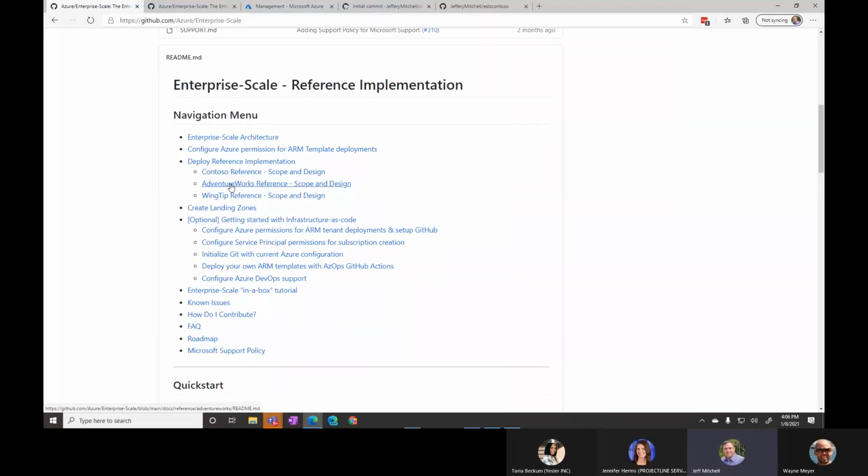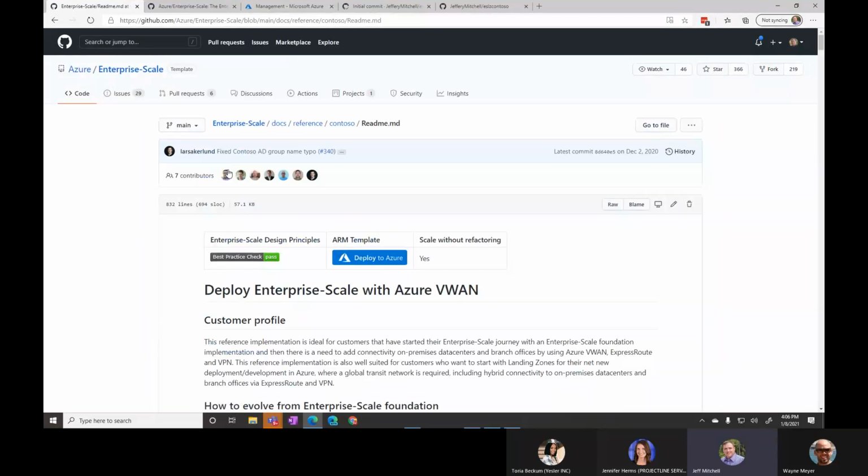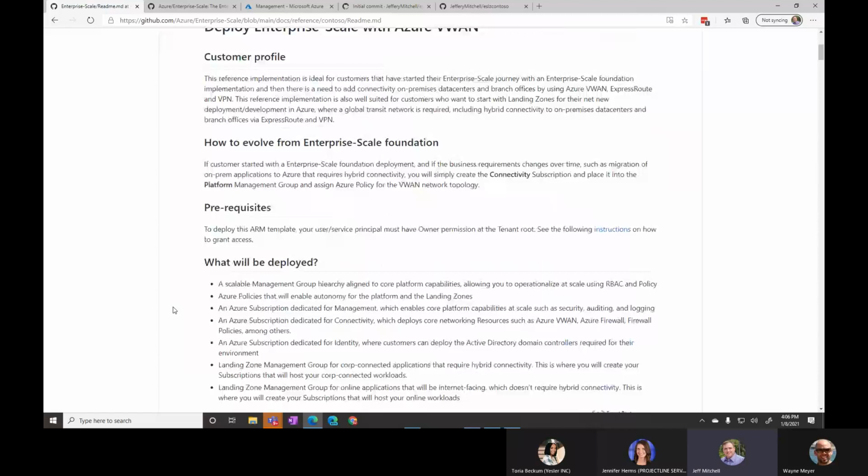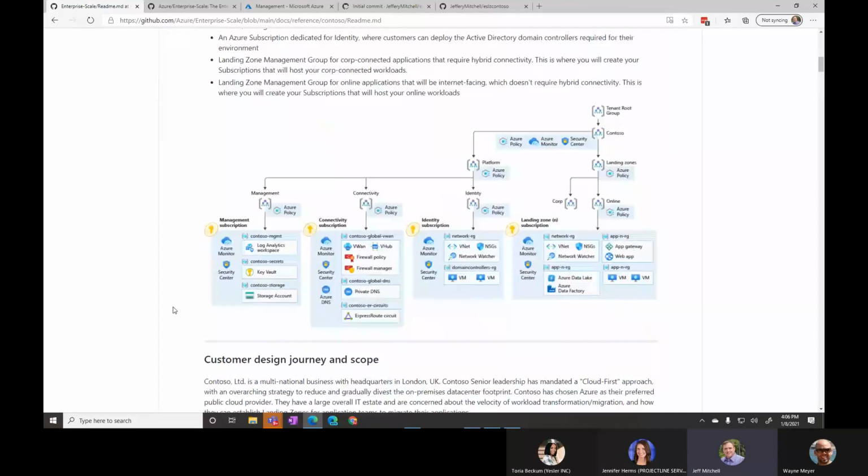So we've tried to use real company names, because as you'll see for some of these, if I click on Contoso, for example, I'm going to get a preview of the landing zone structure that will be put in place inside of my subscription when I deploy this. So we can see at the top level the tenant root group, and then I can see down to my connectivity management group and my subscription that will reside under that. And there's my vHub and vWAN